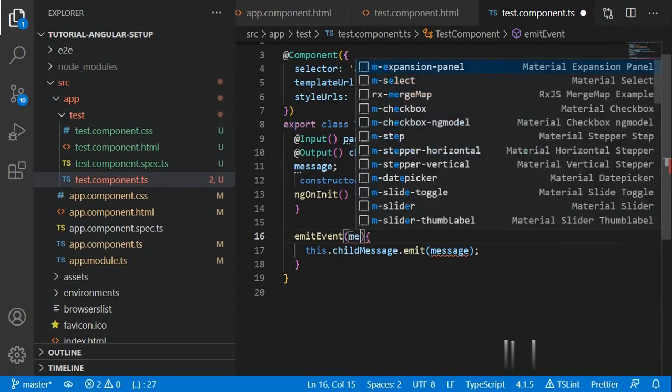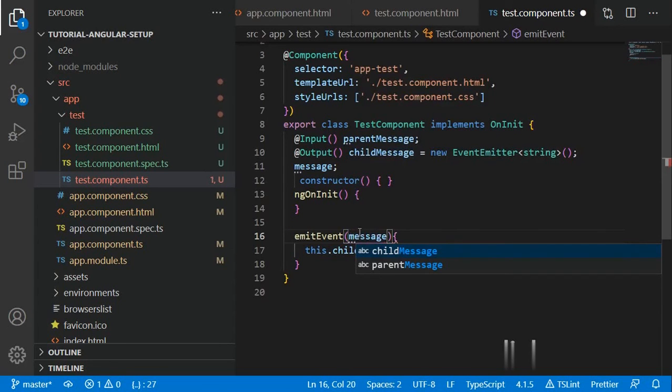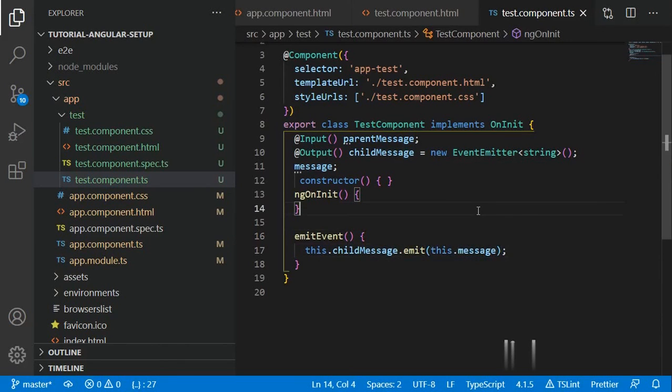Okay. Now you have emitted the event from your child component.